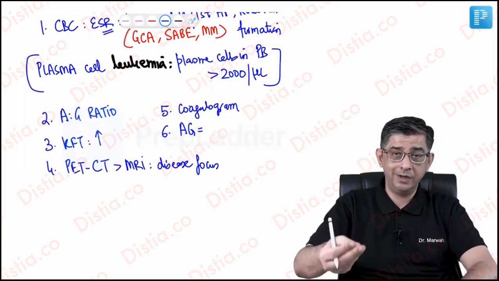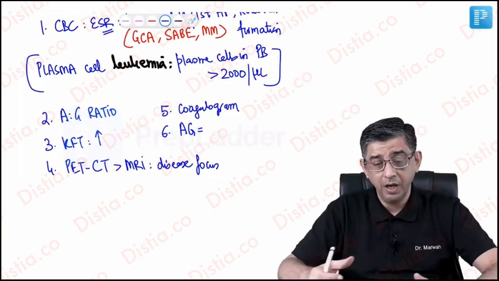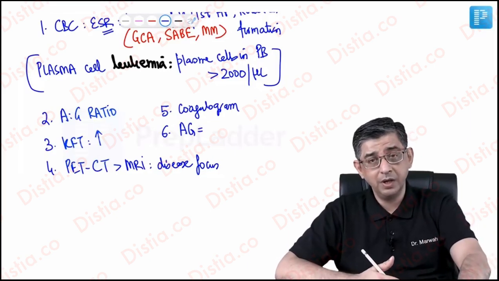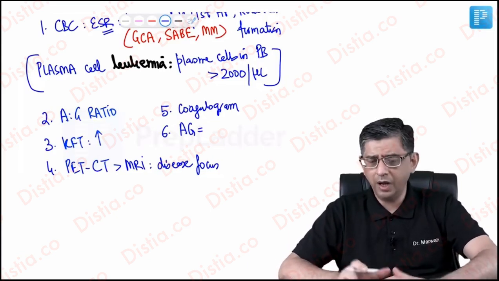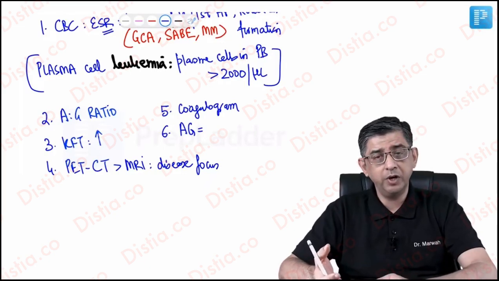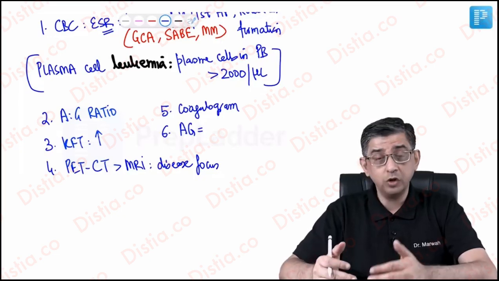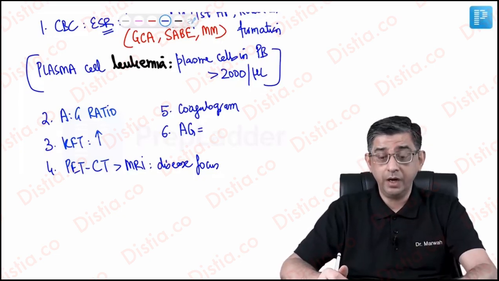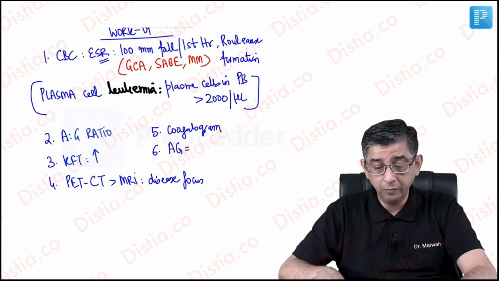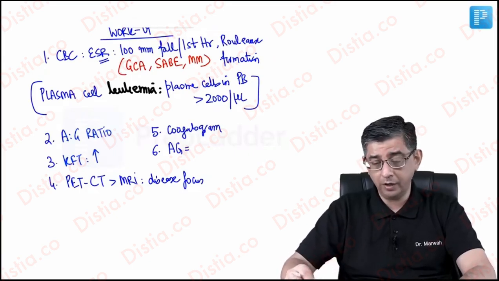What I'm teaching you is that this question could actually be a very long stem question and you would get lost in a large amount of data. But every time you read about an old man, back pain, lytic lesions, anemia, and then he starts talking about SAP being normal and ESR being grossly elevated, believe me, you will be able to crack a lot of questions